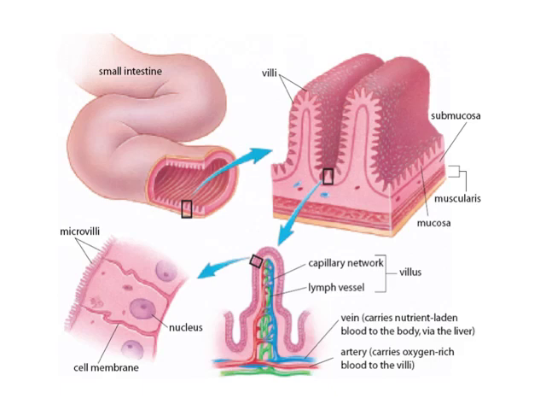The microvilli have a special cell structure that contains the nucleus and the cell membrane, and the villi have lacteal ducts and capillary beds inside. These lacteal ducts are for lipid transport, and blood capillaries are for glucose, carbohydrates and proteins. Also there are arteries and veins. Veins carry nutrient-rich blood to the body. Arteries carry oxygen-rich blood to the villi.